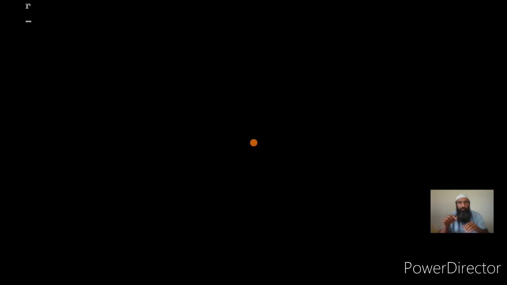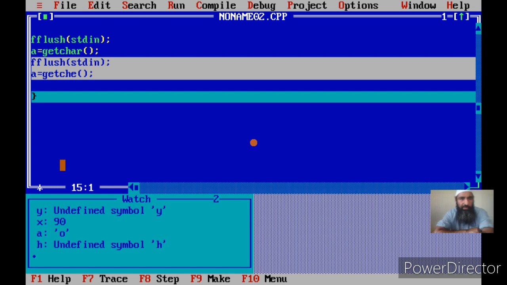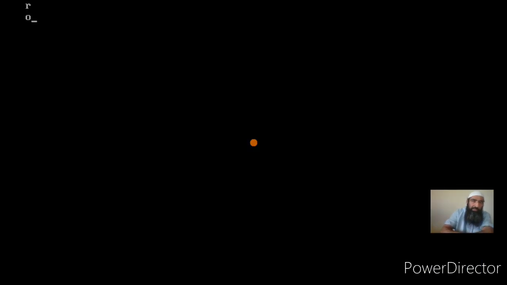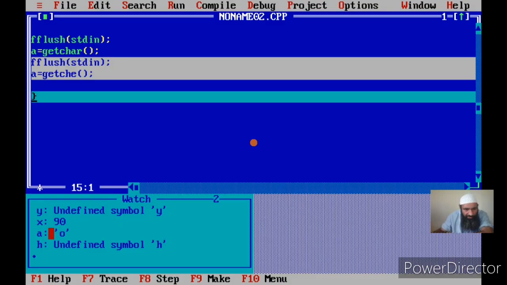See the difference? It is again waiting for the character. The moment I press a character, you see what happens? The function has terminated. It did not wait for the enter key. So getche stands for get the character from the keyboard and echo it on the screen. Echo it on the screen means the character that I pressed was displayed on the user screen. What you are seeing right now is the user screen. The character I pressed was displayed on the user screen, as well as stored in A. Initially I took input from getchar, but that character was replaced by the character that I entered through getche.